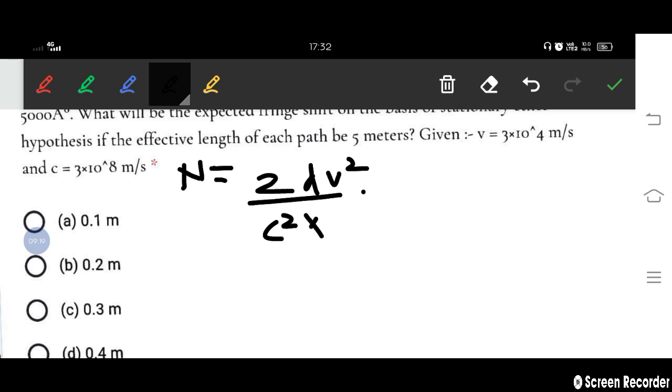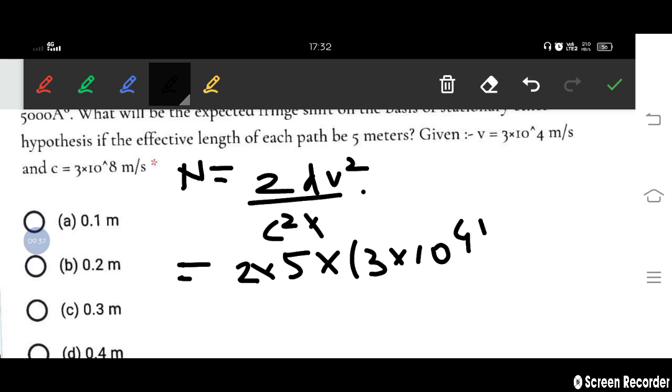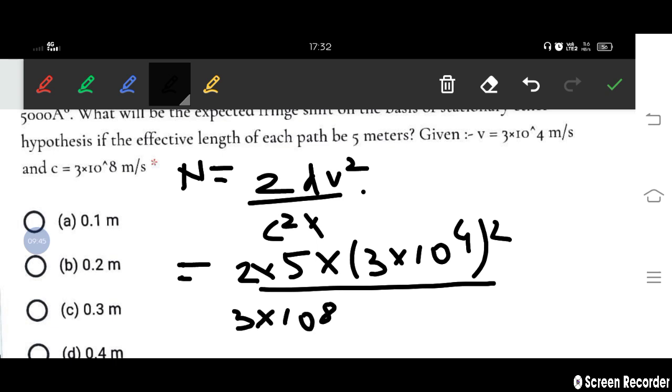After putting all the quantities of the question, it will imply 2 into 5 into (3 into 10 to the power 4) square upon (3 into 10 to the power 8) square into